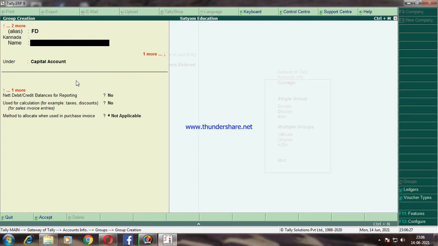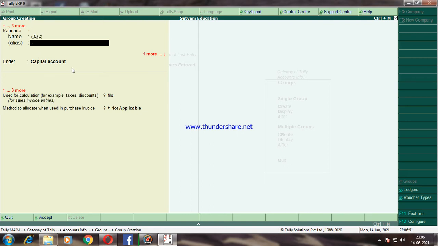Just enter it. You have to enter the aliases. Like this, the other languages are available for you to enter. Again press the Enter key.